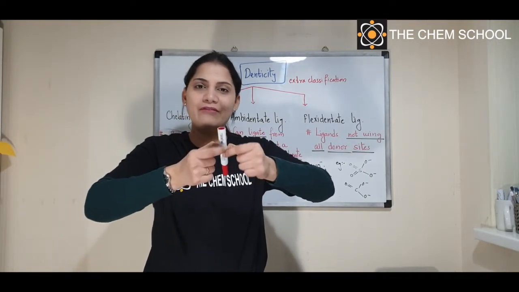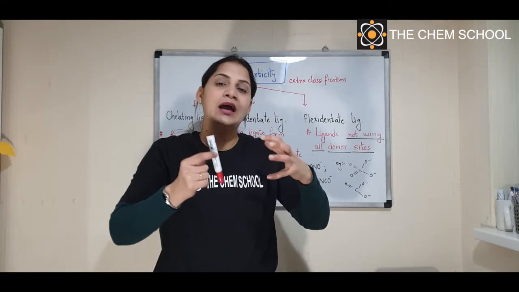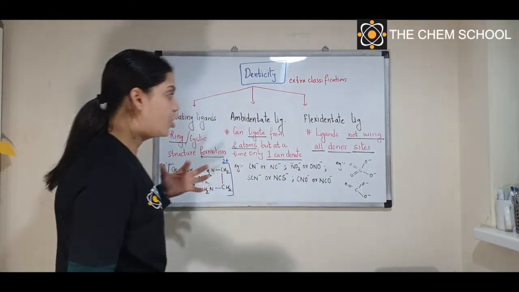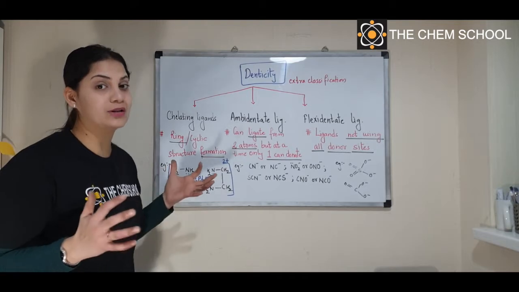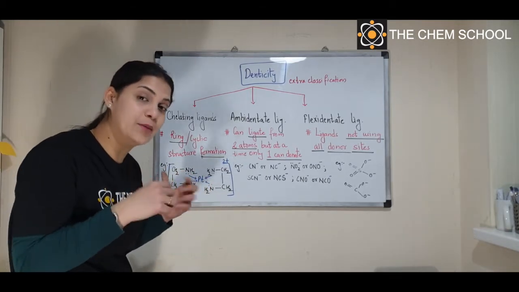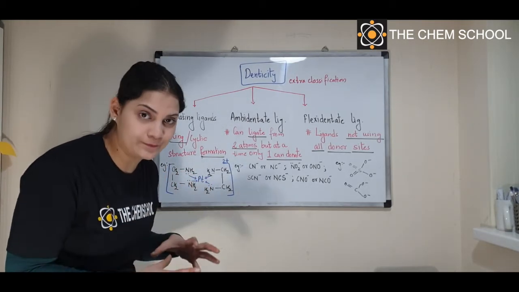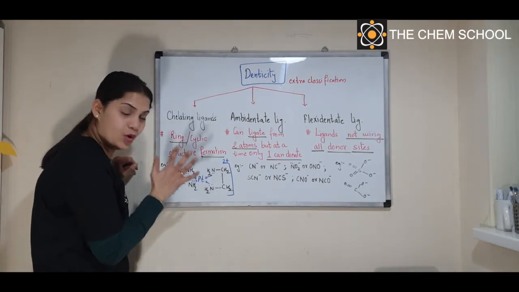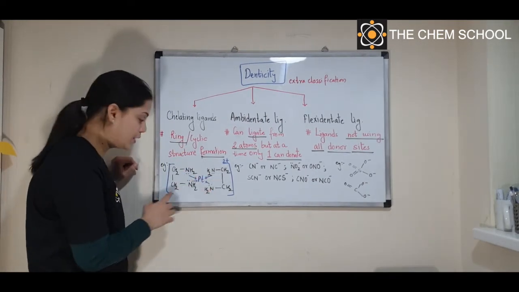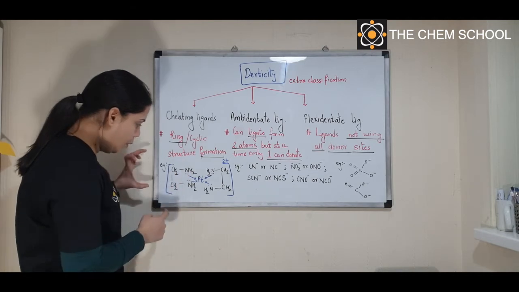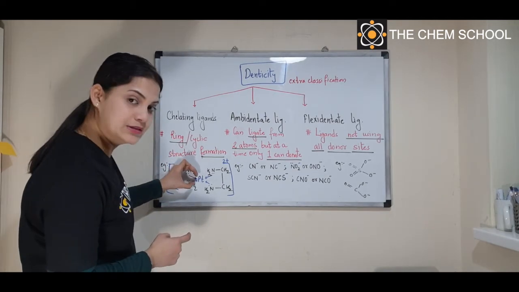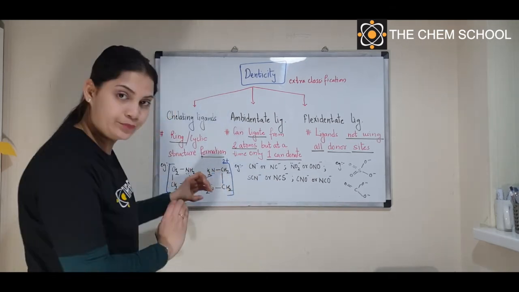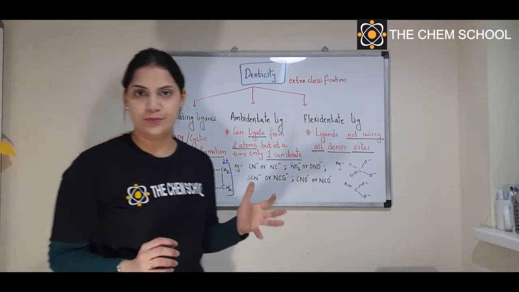Whenever you have anything which is holding, in coordination compounds we use the term chelation, or chelates. So here we are using it for the ligands. And what is the prey over here? The central metal atom. So it is chelating this central metal atom, or holding it. You can see one ethylene diamine holding the platinum from this side, while the other ethylene diamine is holding the platinum from the other side. Now, why is chelation important?